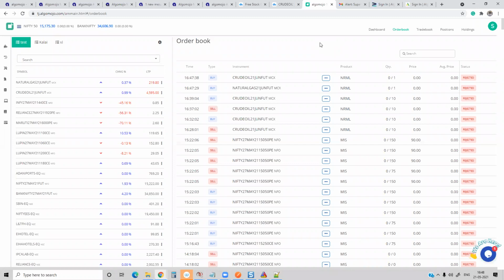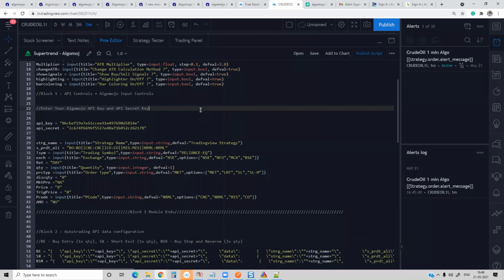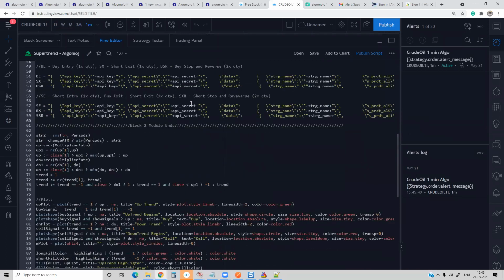Let's say you are a complete beginner, you don't know anything about PineScript, but you want to create your own trading strategy, how to create it and how to backtest it. That is what I'm going to explain in tomorrow's session. So maybe one more session we can have. Those who are very curious about PineScript, who want to know how to code these very simple strategies, how to connect with the automation, what are the modules that I need to follow.